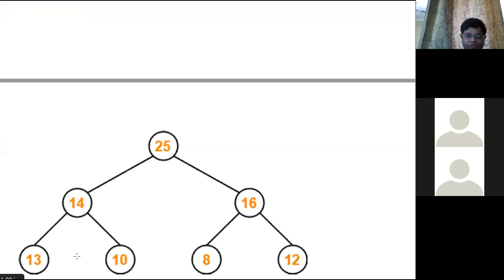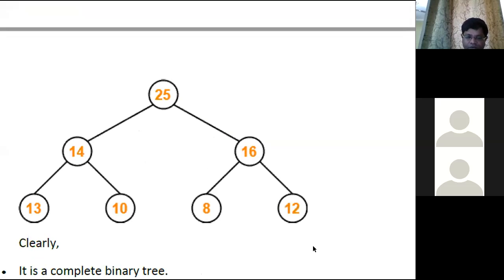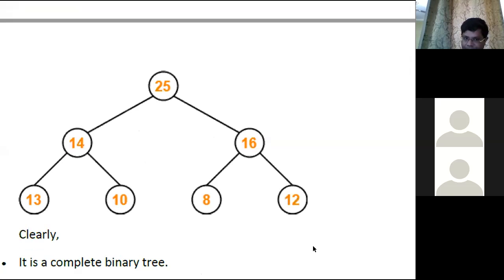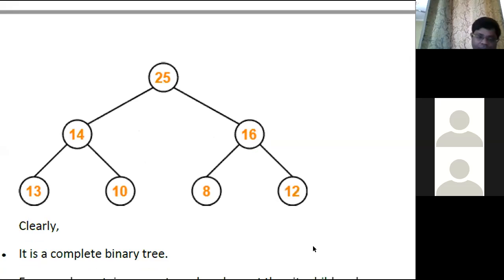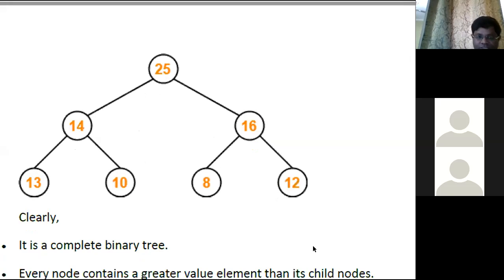So what we have to do is just keep on inserting the elements: make a root, insert an element to the left, then to the right, and after inserting left and right, proceed to the next node, insert to the left and right till all the nodes are inserted. After inserting these values, we have to see whether it is a complete binary tree and holding the property of max heap.